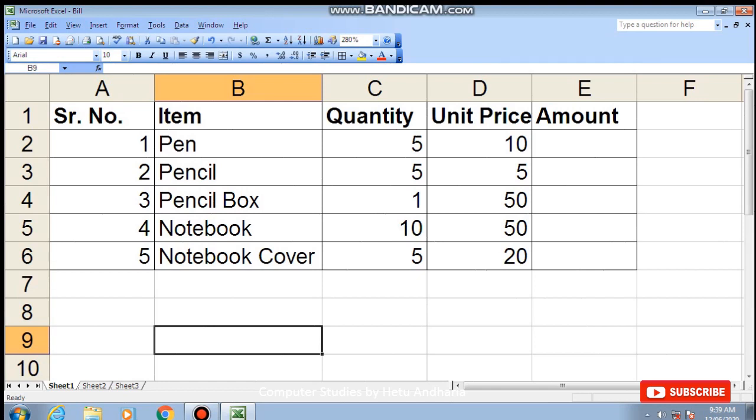You all know, but even then you have to learn according to 2003. So I will click on the save button or I will press Ctrl S. When I click on the save button, it will not again open the save as dialog box, since the file is already saved with the file name bill. When I am teaching in the computer lab, many of the students ask me, sir, the save as dialog box didn't come. Naturally it will not come again. You have already saved the file with the name bill.